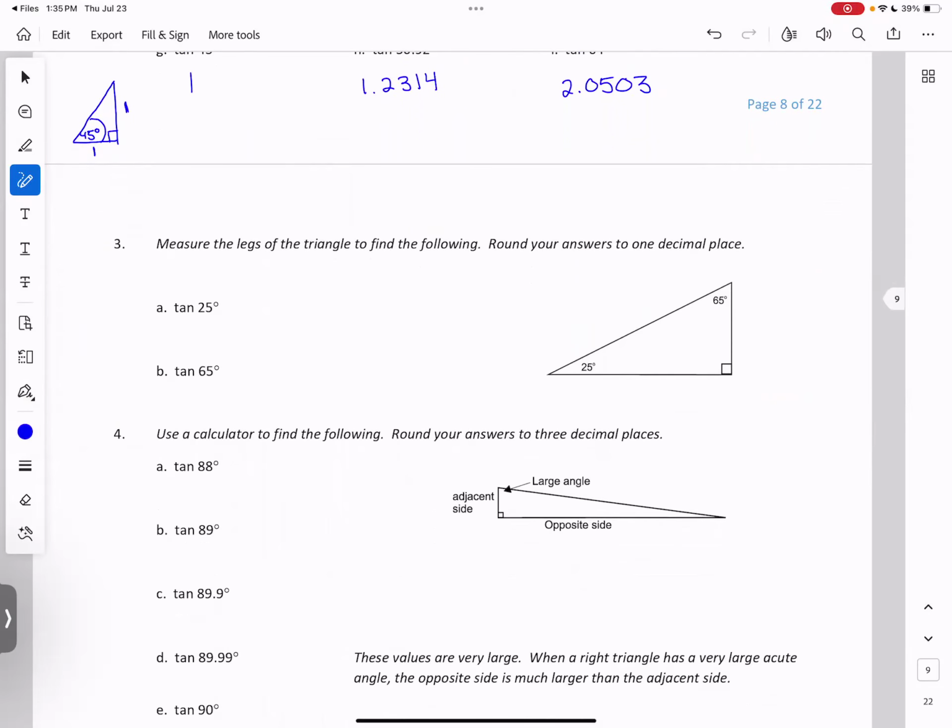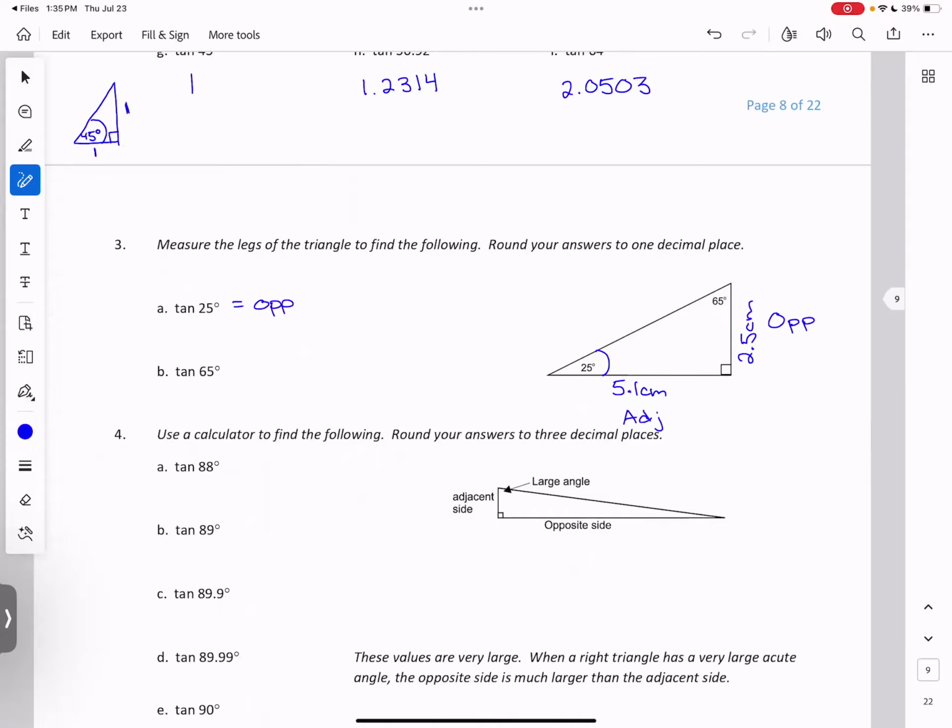So I get 5.1 centimeters here and 2.5 centimeters. The 25 degrees is my target angle, which means 2.5 is the opposite side and 5.1 is going to be the adjacent. And so tan is opposite over adjacent, always,